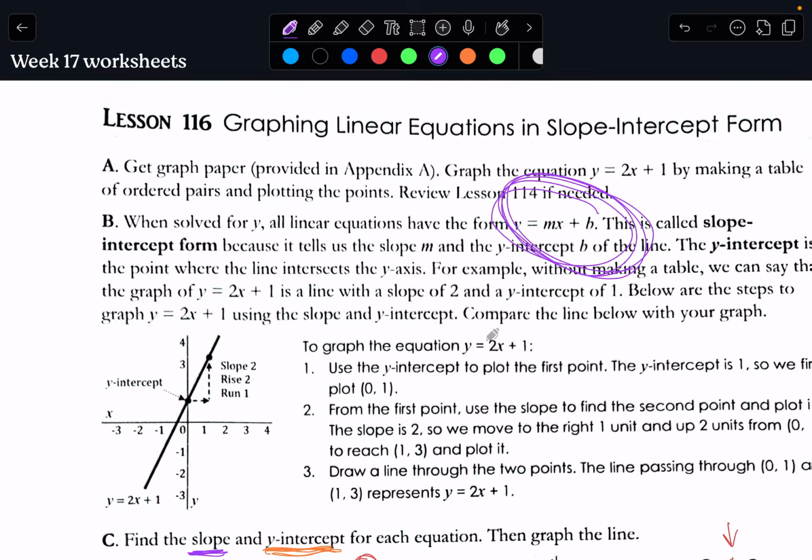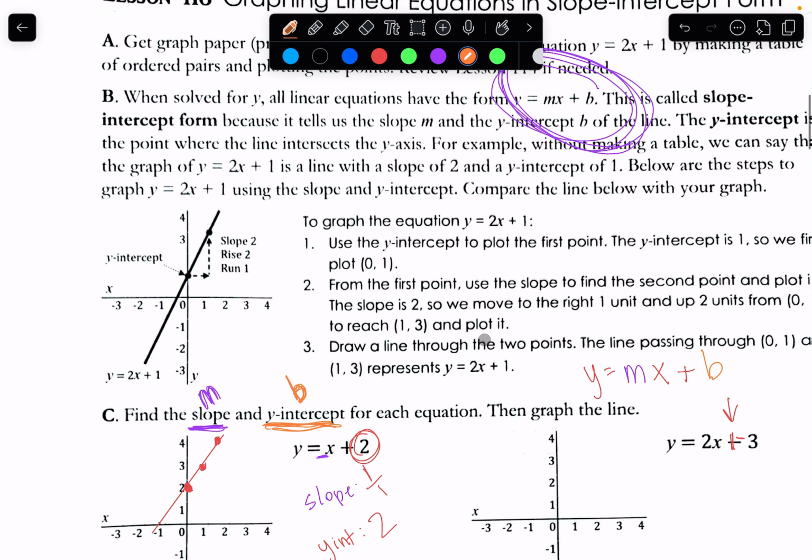But it's exactly what I've just been teaching, except they're calling slope M, and they're calling y-intercept B. So slope-intercept form is y equals slope x plus y-intercept,